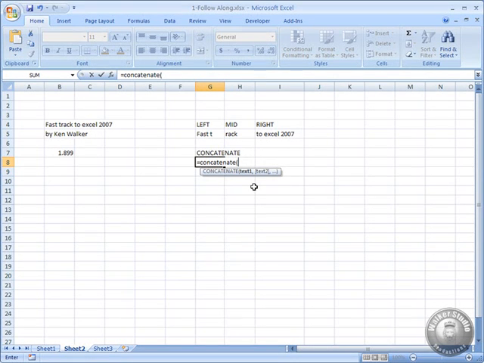And what we have is text 1, text 2, and the ellipsis. Remember, whenever we're dealing with a function and it shows us something in brackets, that means it's an optional parameter. And when we have the ellipsis, that means that there are essentially as many of those optional parameters as we want. So let's grab G5, put a comma, and now we're on the next parameter, which is optional,